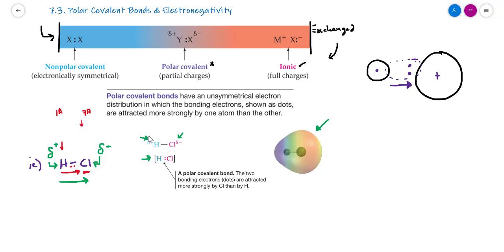We can see that the shape of this tells us where the electron density is. And it shows that the electron density is more centered on the chlorine atom than on the hydrogen atom. And so you get this cool blue and purple that denotes partial positive character, and you get the hot red and yellow that denotes more electron density on the chlorine. And so we'd consider HCl, hydrochloric acid, to be a very polar compound,